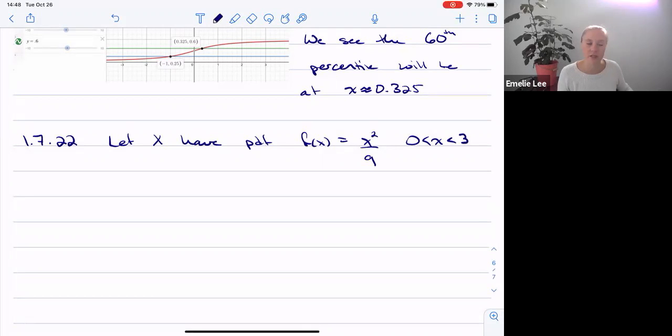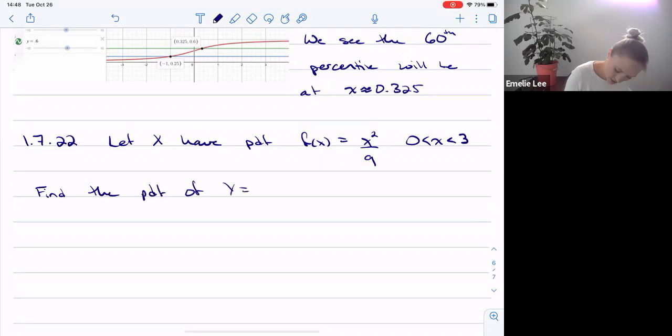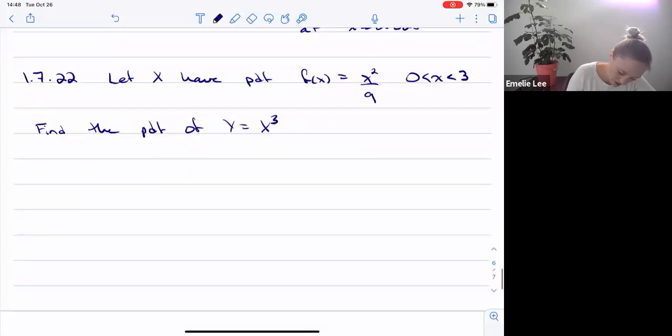Elsewhere, but that's understood. So then find the PDF. Find the PDF of y equals x to the power of 3. Okay. And so this is from transformations, right? And so to find a transformation,